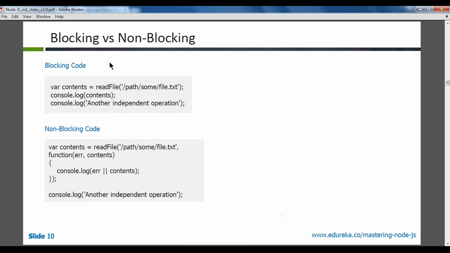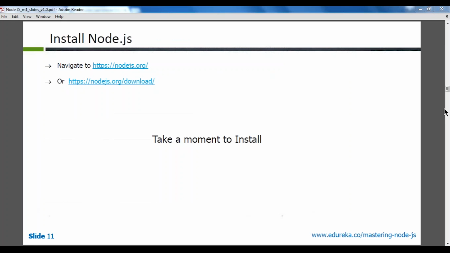I already explained just before what blocking code versus non-blocking code is. You guys are already clear. Now we'll go to the examples. Installing Node.js: I don't know how many of you have already installed Node.js. On my machine Node.js is already available. If you want to install Node.js on your machine, very